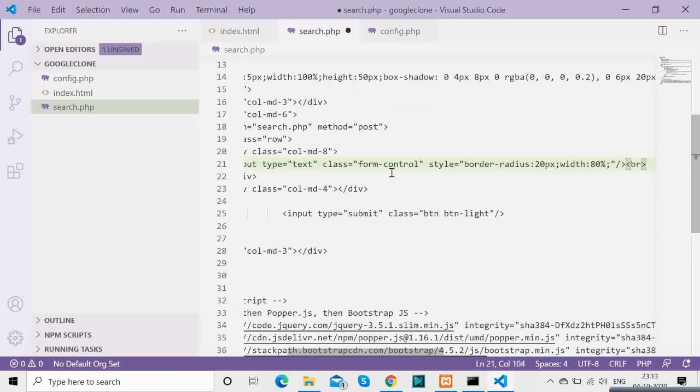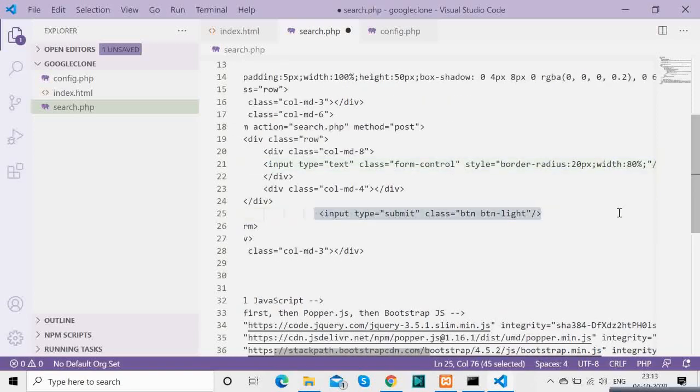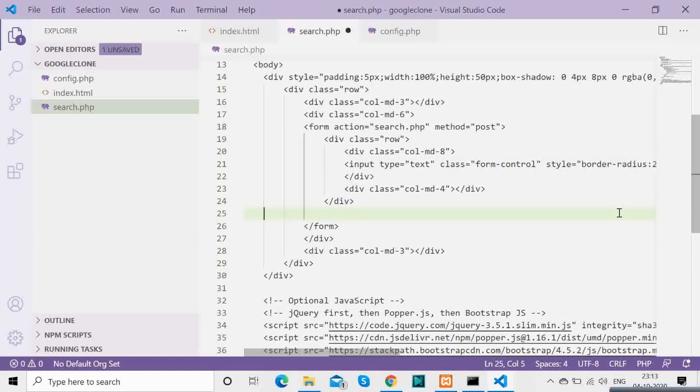Now we are changing that to 10 plus 2, which is again 12. Basically, it must add up to 12.